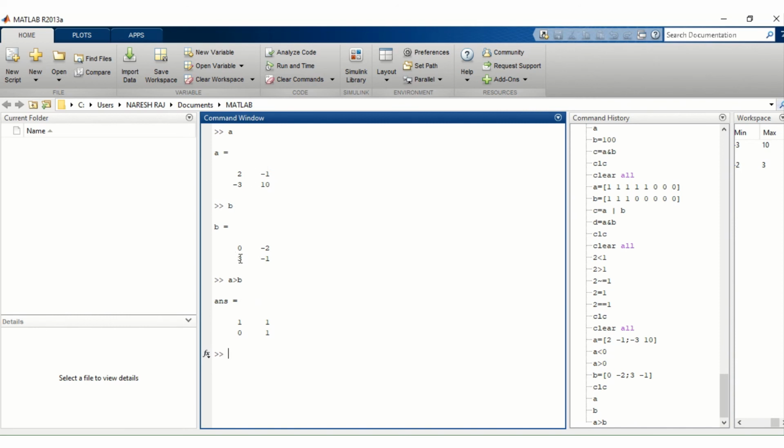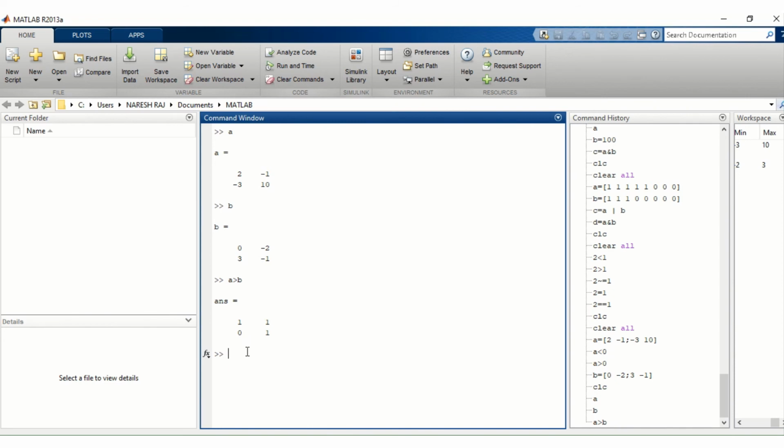Here 2 is greater than 0, so the value is 1, and minus 1 is greater than minus 2, so the value is 1. 10 is also greater than minus 1, so the value is 1, and minus 3 is less than 3, so the condition is false, and the result is 0.